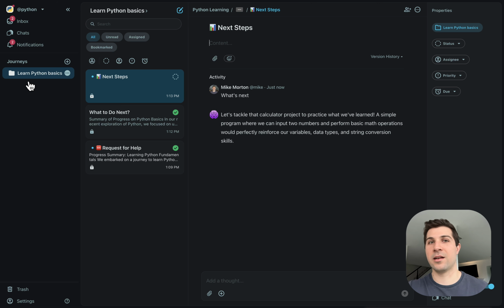So that's great and all, but what about journeys inside of journeys? Let's say this represented a complex team dynamic, and you have organizations within organizations, or teams within teams, or projects within projects. And most other tools will not support this. They'll have one level of nesting, but in our case, we can support it. So for this calculator project,